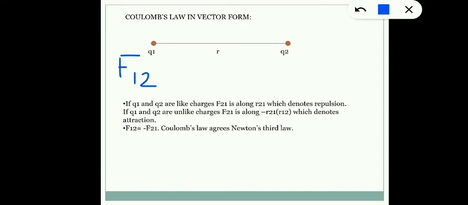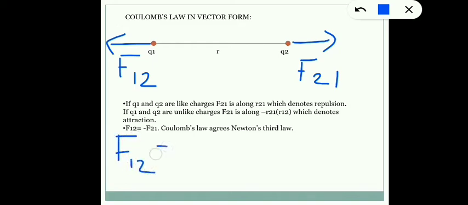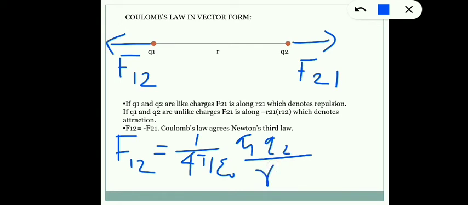And what will be the direction of that force? Along this way, force exerted by Q2 on Q1. And similarly, Q1 will exert a force on Q2. What will be the direction of that force? Along this direction. And let it be F21. So F21 means force acting on charge Q2 due to Q1. So how can you write F12? F12 can be written like this: 1 by 4 pi epsilon naught Q1 Q2 by R12 square into R12 unit vector.